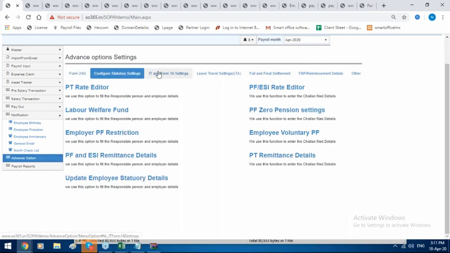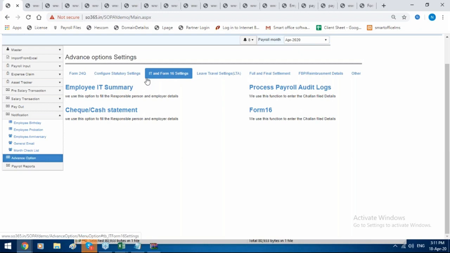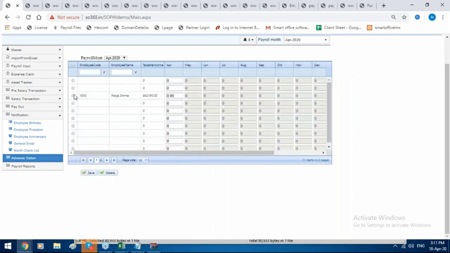One I will show you. Like if in your company you are deducting employee TDS manually. Like if a particular employee TDS is per month 5,000, but as per your company you are deducting 4,000 or 3,000, so you are overriding the TDS amount, you can override that also. The option is there. That also you can do through Excel in bulk. Just select a particular employee for which TDS is applicable. Okay. Here you can mention that amount, how much that amount should be.